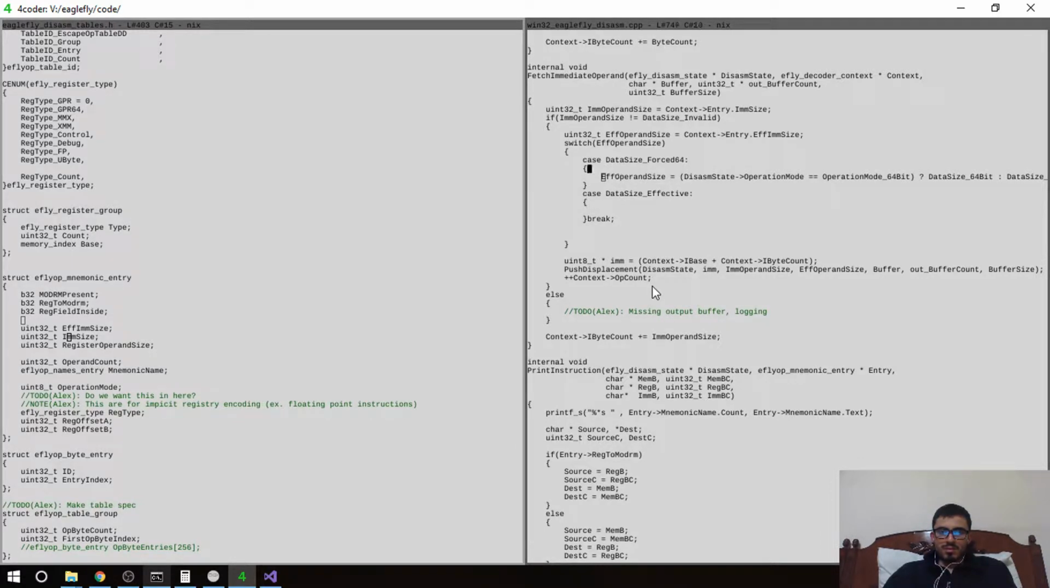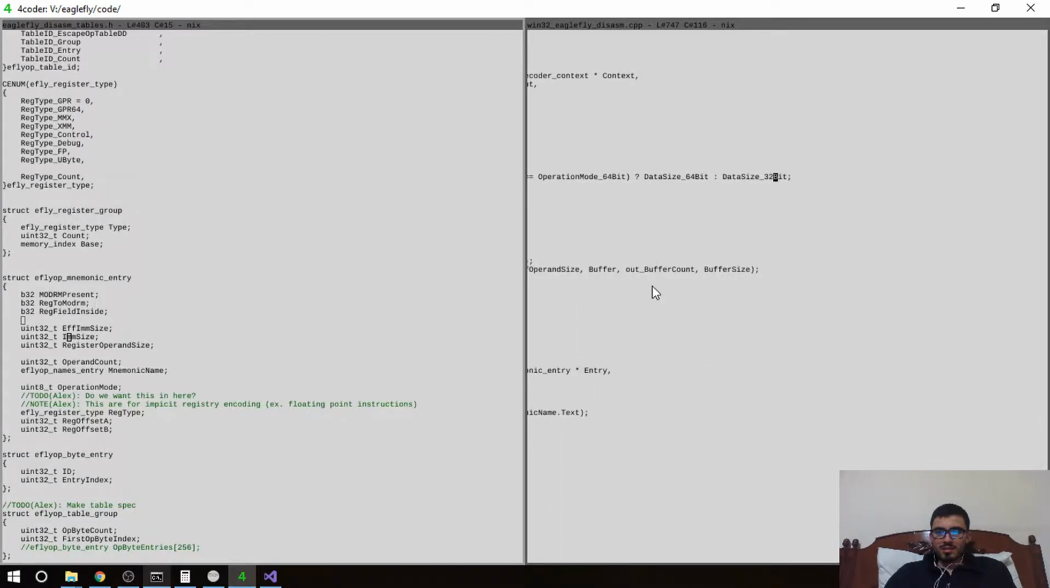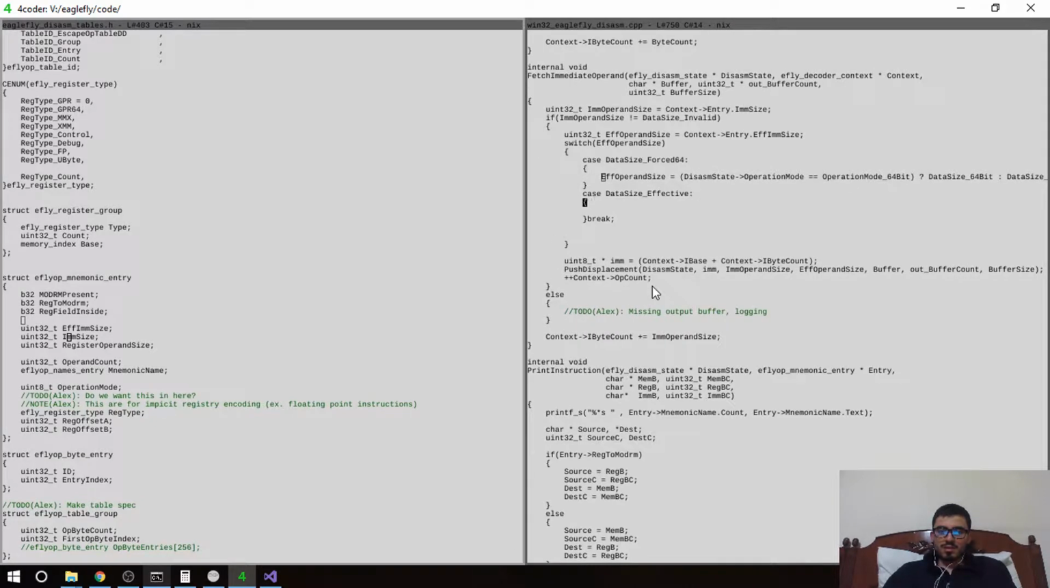we're gonna do this where we're gonna say, well, you know, this is gonna be not operating mode, but this is force. So that means that if we are on 64 bits, data size 64 bit. If not, it's gonna be data size effective, and then